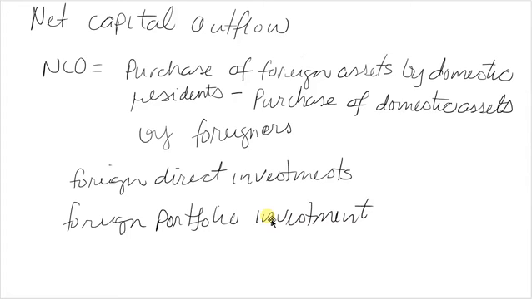For example, if McDonald's wants to open up a restaurant in China, then from the standpoint of China, that represents a foreign direct investment. Why? Because China is receiving foreign investment. There is some foreigner who is investing in their assets,